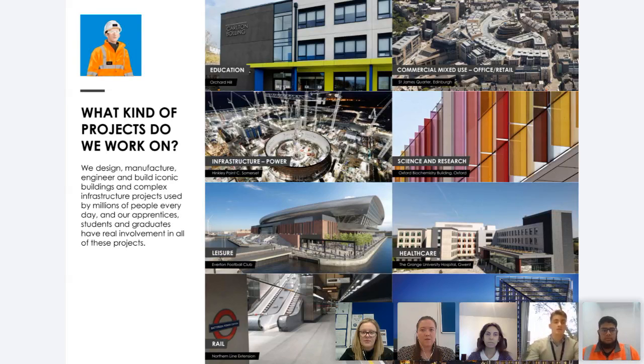And what kind of projects do we work on? We design, manufacture, engineer and build iconic buildings and complex infrastructure projects, like I've said. I'm currently based on the Olympia redevelopment in West Kensington. The project includes 2 new hotels providing both boutique and high-end options for guests. We have 2 new major arts venues incorporating a 1,000-seat performing arts space and a 1,500-seat theatre